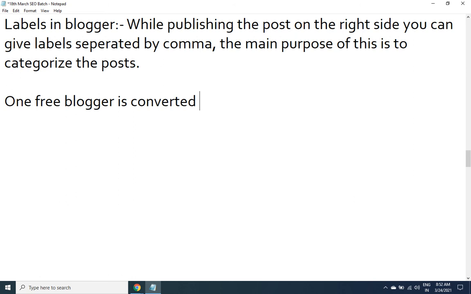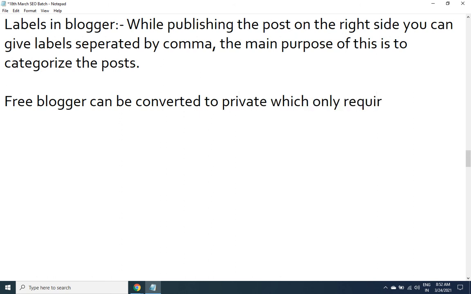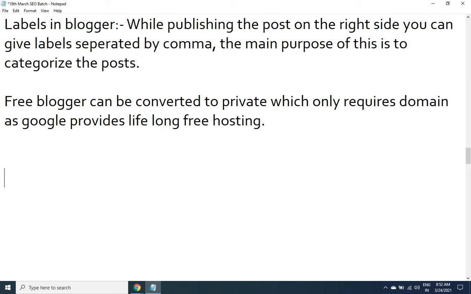They'll refer you a lot of clients also. Lifelong free hosting will save a lot of cost.